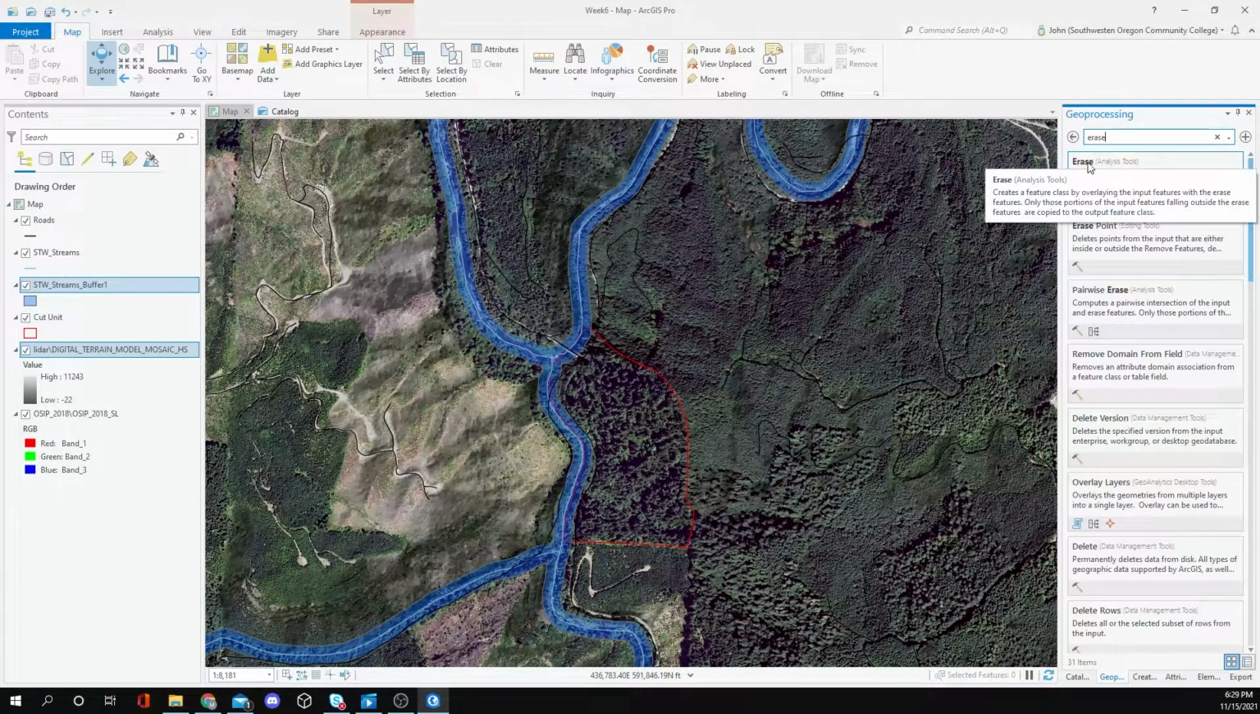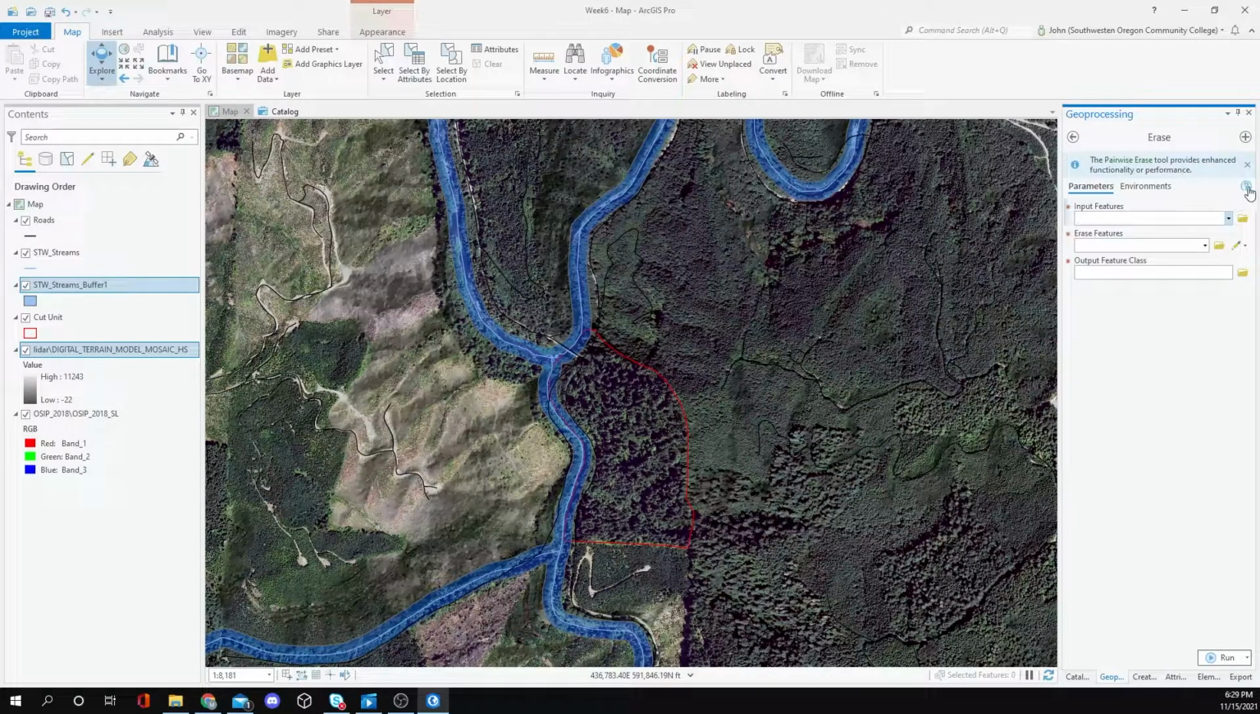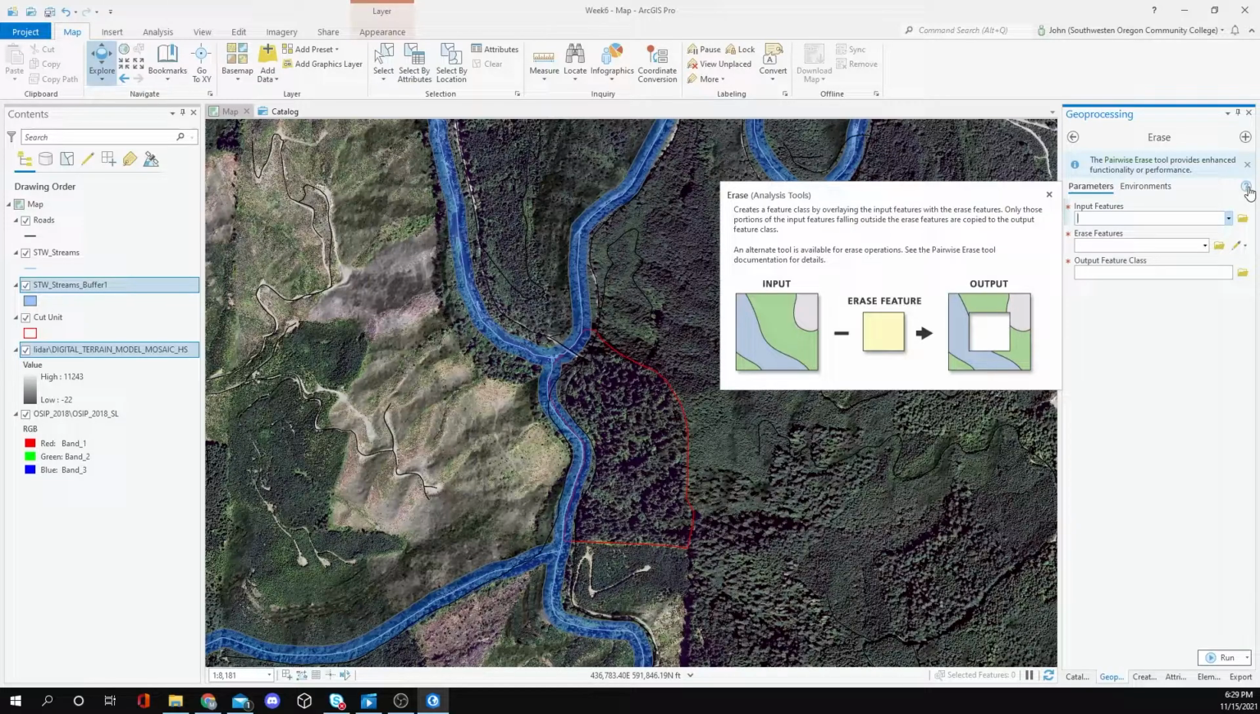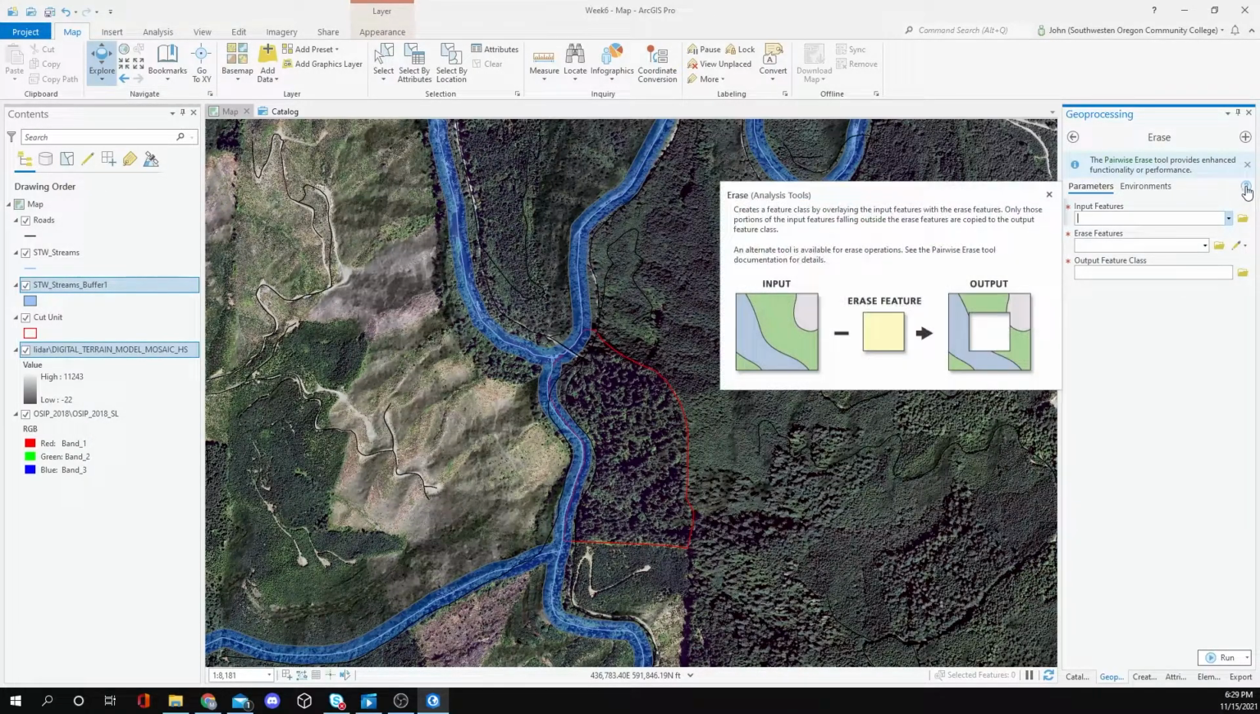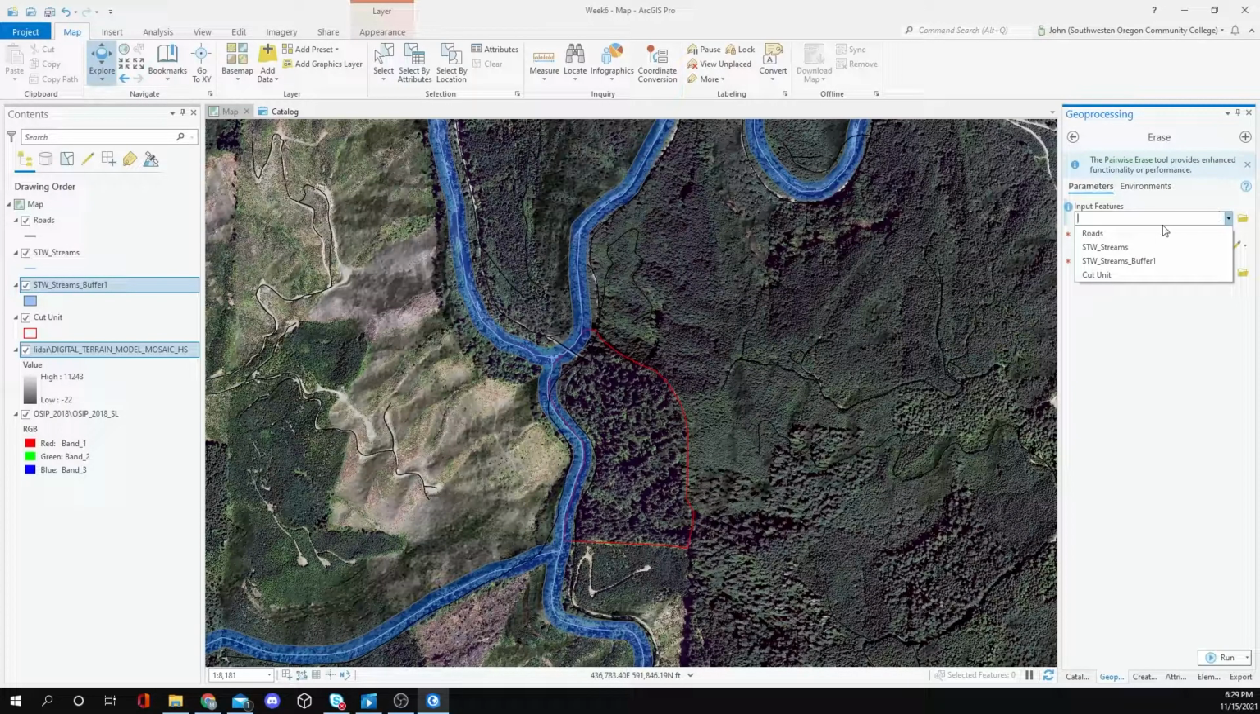Let's click on this, and then we want to go to the question mark, make sure what we're looking at is correct, right? So we have our input feature. Our input feature is going to be the cut unit. Our erase feature is going to be the buffers, and our output is going to be the cut unit minus the buffers. So input feature, we're going to make that cut unit. Erase feature is going to be the stream buffers. And then our output feature is going to be